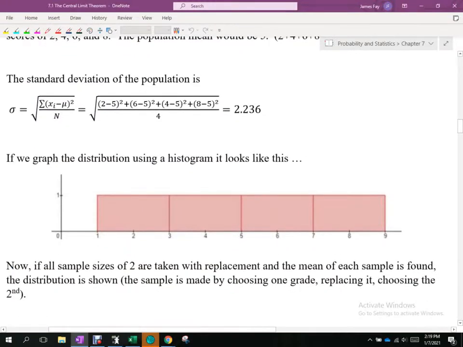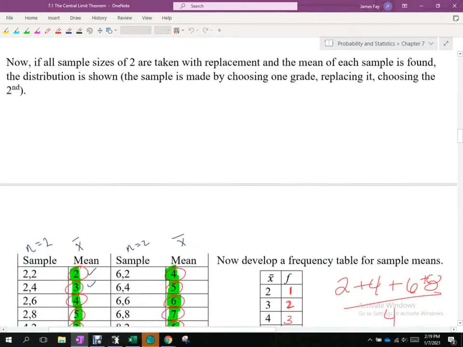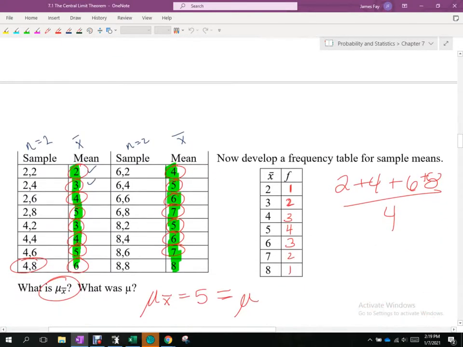When we graph these scores of 2, 4, 6, 8, it becomes a uniform distribution, which right now we don't know much about finding standard deviations and that sort of stuff and probabilities with uniform distributions. Okay, we would like our distribution to be normal. So what we end up doing is taking sample sizes of 2. So we're taking 2 test takers at a time, or 2 test scores at a time, and creating a sample of it. Okay, so kind of the idea of, if I have 4 test papers here,